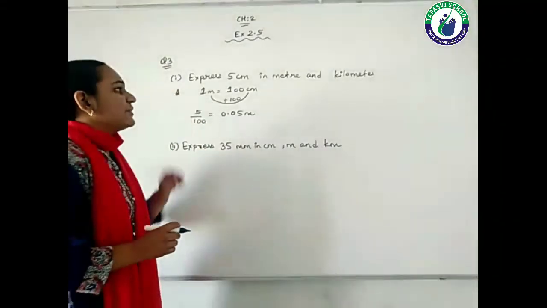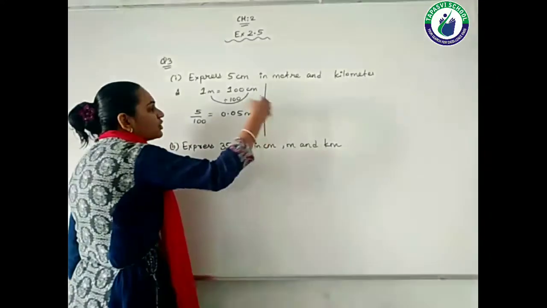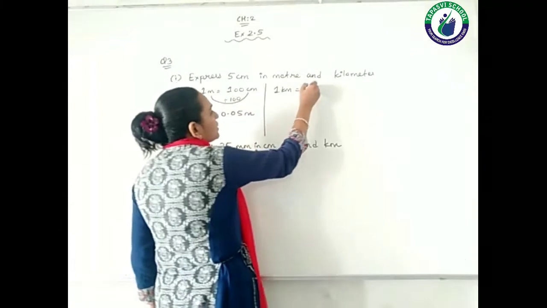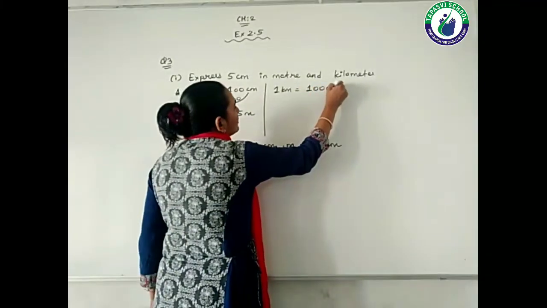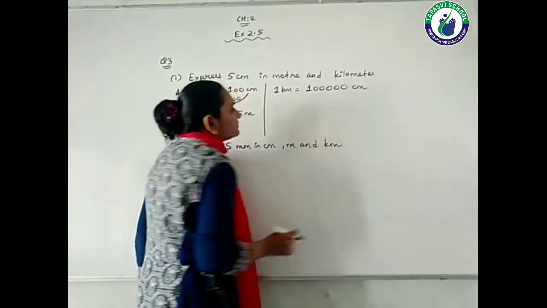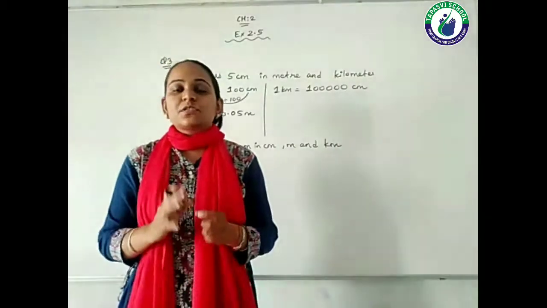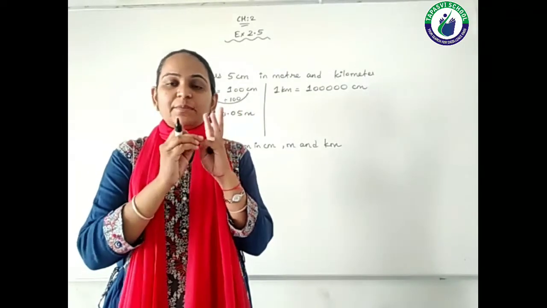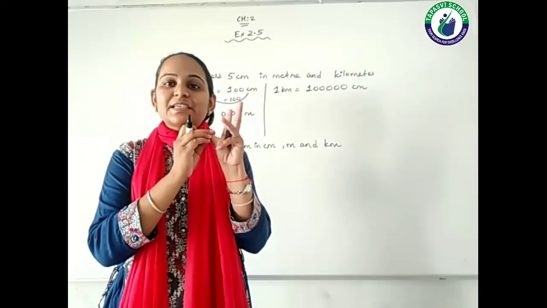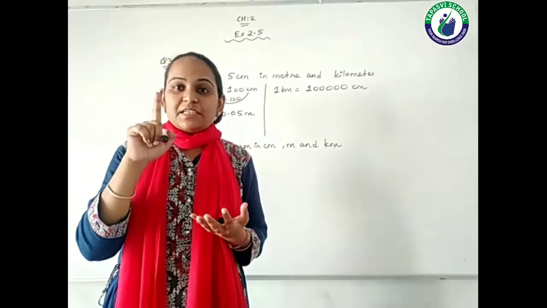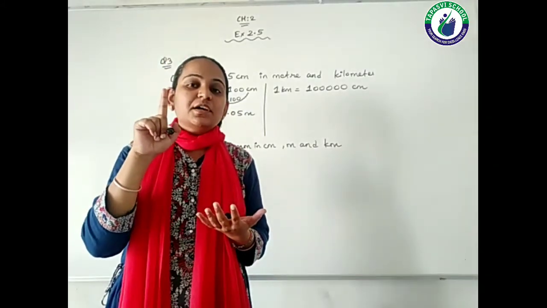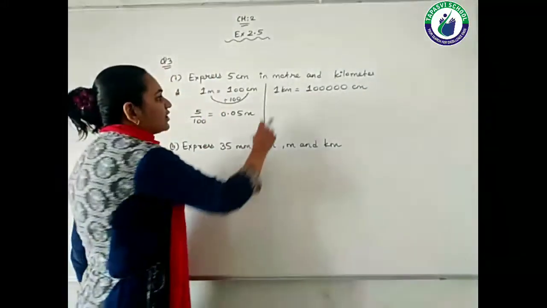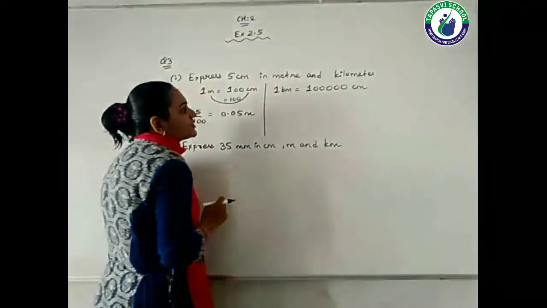Now the same question, 5 centimeter, I need to convert into kilometer. So the relation of kilometer and centi is 1 lakh. If you know the hierarchy, students, then kilo, hecto, deca, then meter, gram or liter, that means standard form. Then comes deci, then comes centi, right? So I need 5 jumps to come to the centi. So kilometer and centimeter, the relation is 1 lakh.